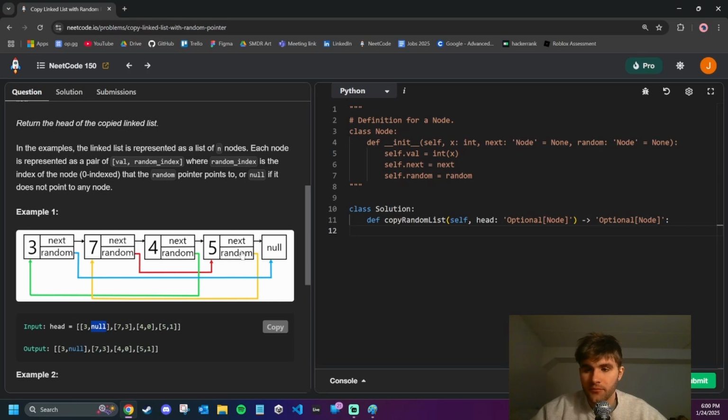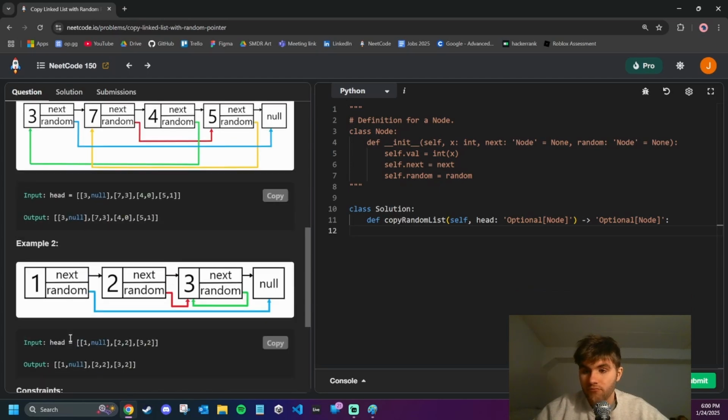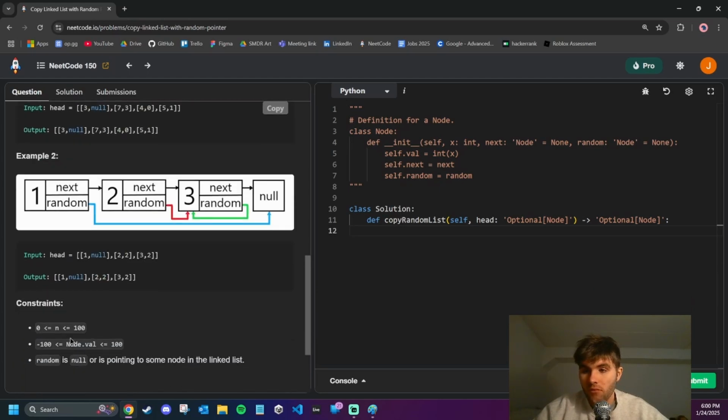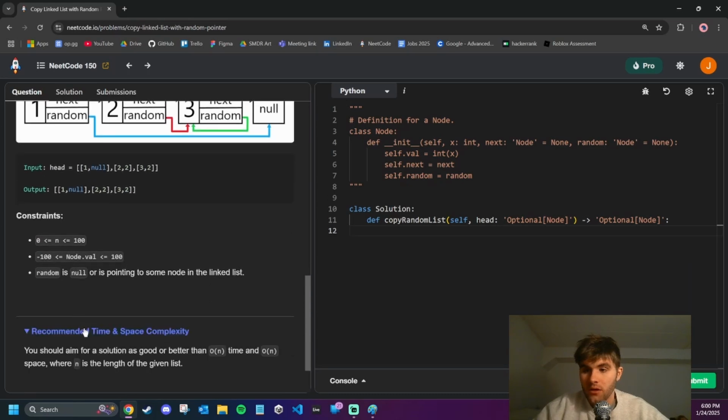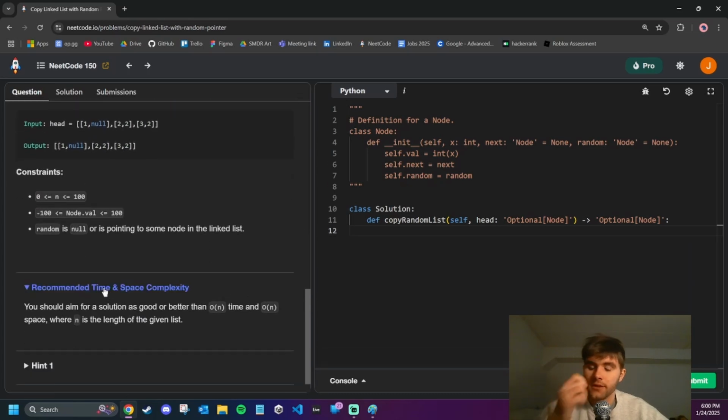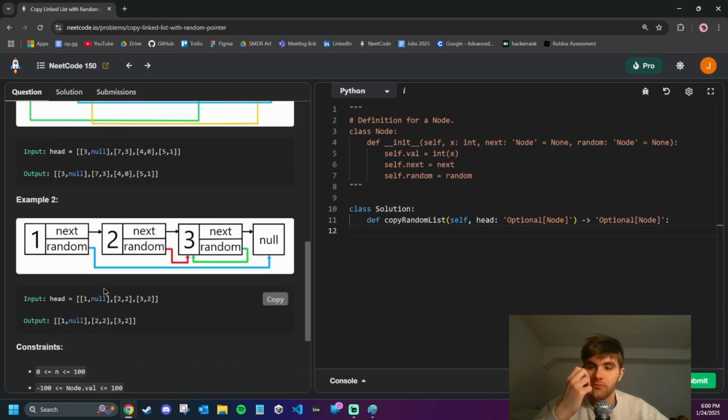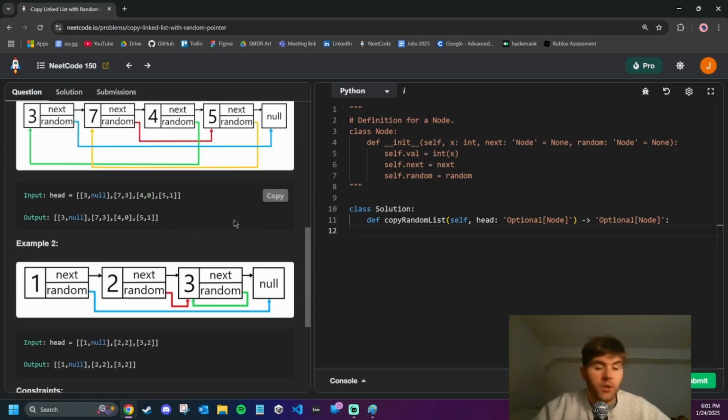Here, the red one, 4 goes back to 0 and 5 goes to 1. And then we output the same thing. Time and space is O(n) and O(n) space, so we can use O(n) space, which makes me think we probably want